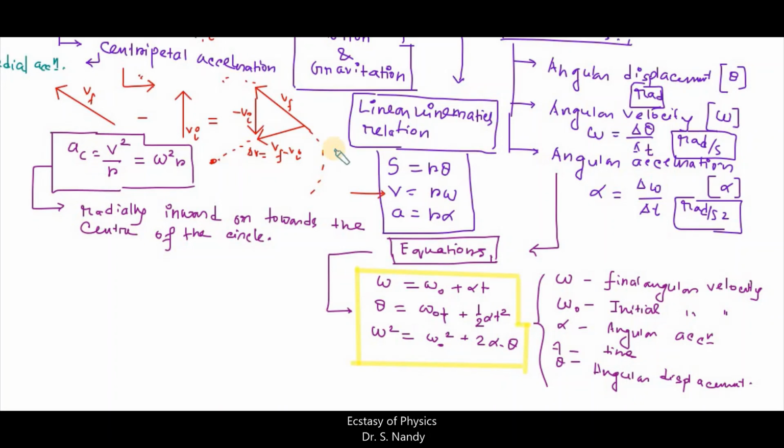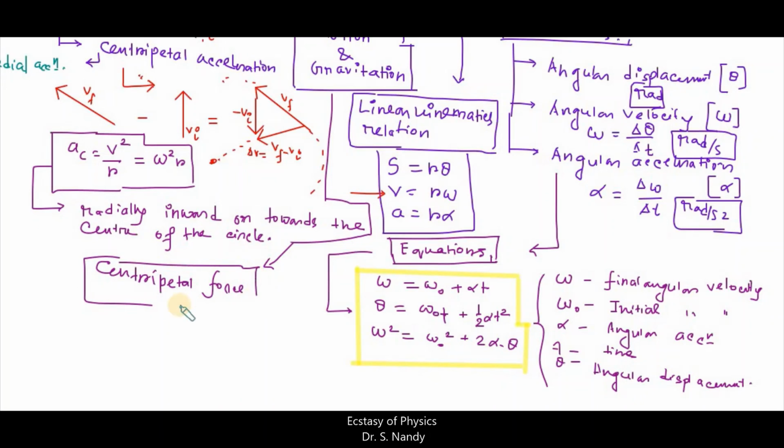And finally, in case of circular motion, we have the final parameter, the requirement of the force which is responsible to rotate the object, and that force is known as the centripetal force. We had the centripetal acceleration, and from there we get the centripetal force, which is exerted radially inward on the object. This centripetal force cannot be produced by itself. Some other form of force is going to provide the centripetal force, and that force could be anything.